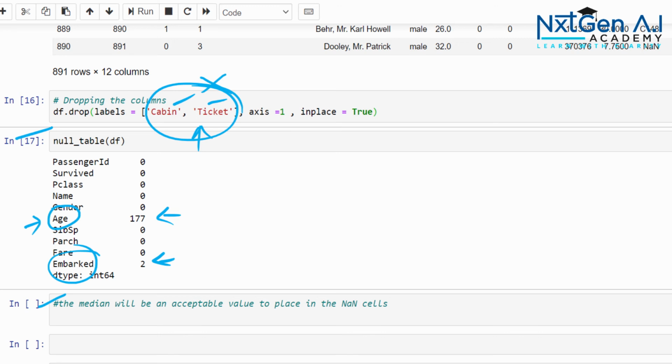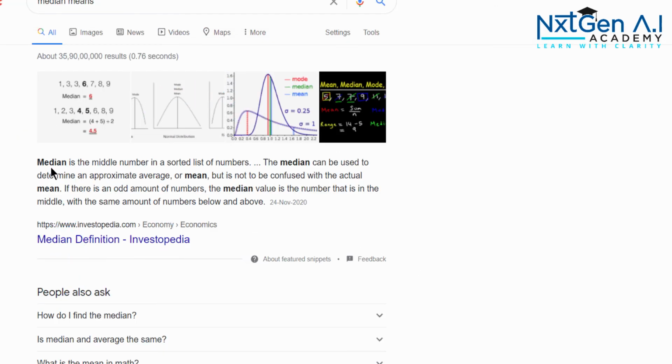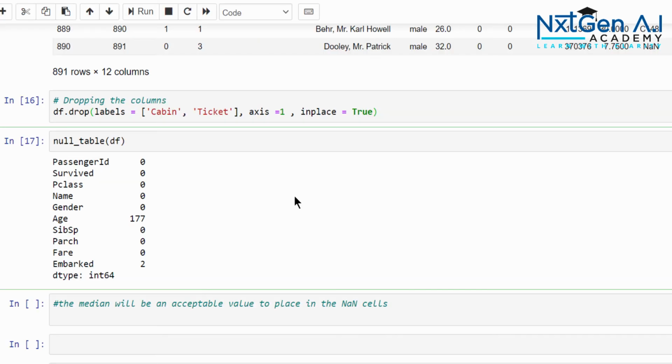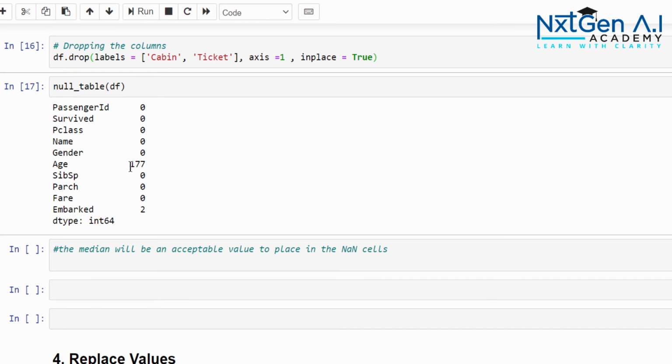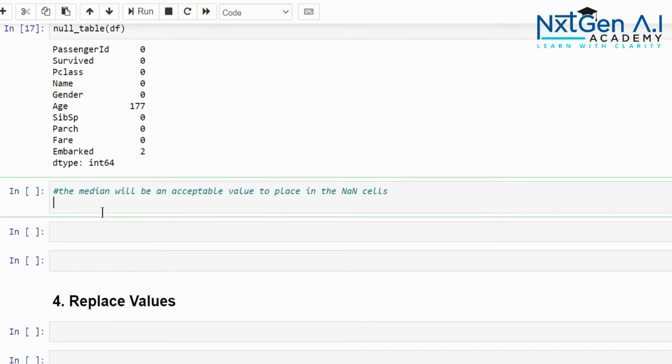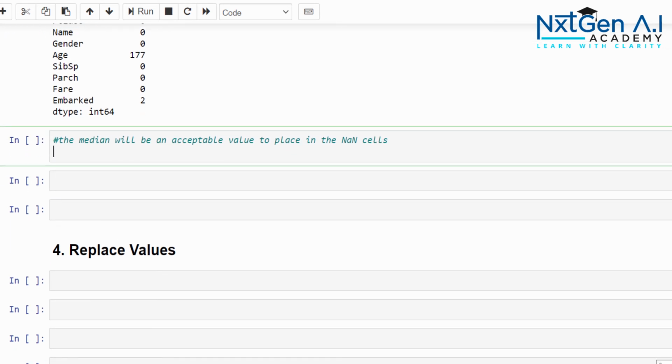What we can do is apply the median function. Median is the middle number of the sorted list of numbers. Mean, median, mode, we have already learned that in NumPy. Just rewatch that video again. So let's try to fill all these 177 values with the median. This is how we will do it in a real-time scenario.